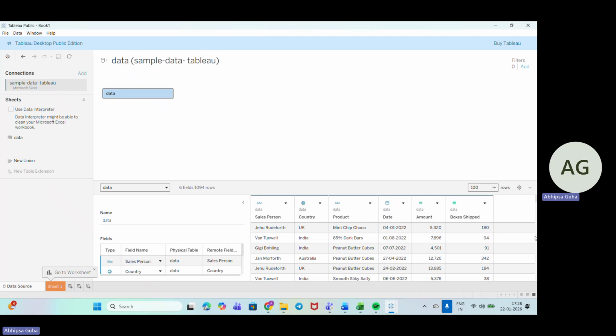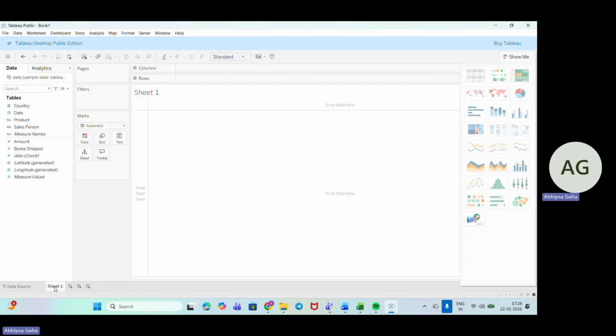Now we will take it down to the worksheet. The Tableau portion is quite similar to Excel. For each of the charts, we need to create a different worksheet.